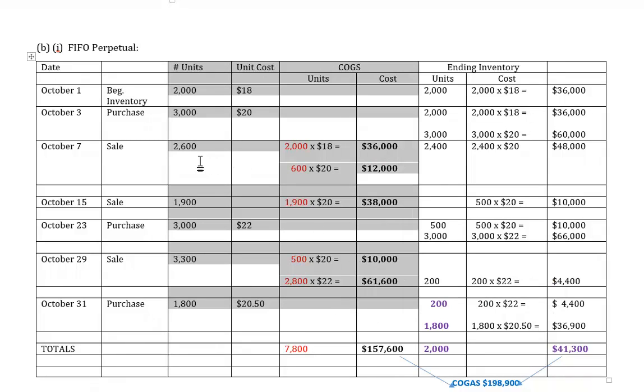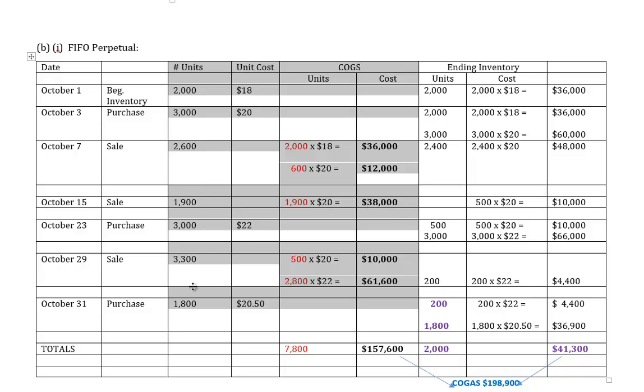Okay, so where do these 2,600 units come from? Well, we talked about this in the first part of the question. We're costing those 2,600 units based on our beginning inventory plus what we just recently bought on October the 3rd. So we've got the 2,600 units here at 48,000. We sold 1,900 units, and we know those 1,900 were part of the 3,000 again, so at $20 apiece,